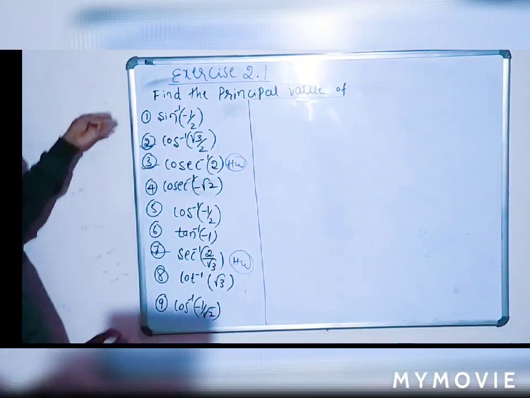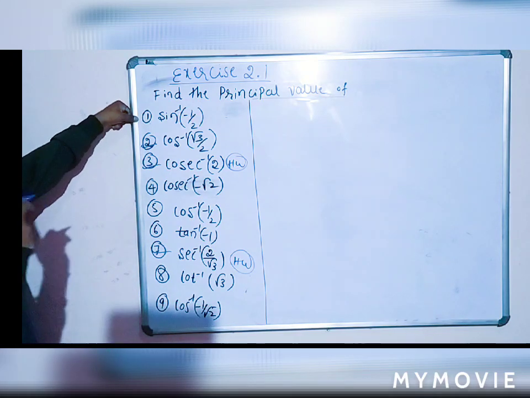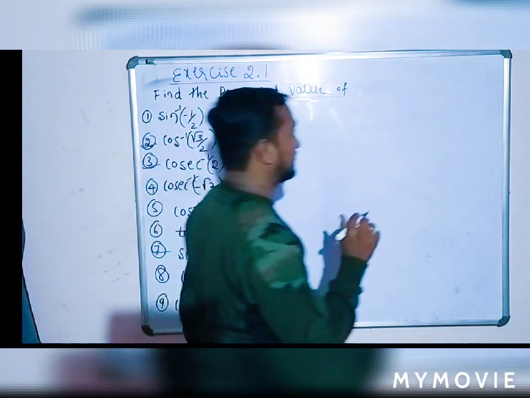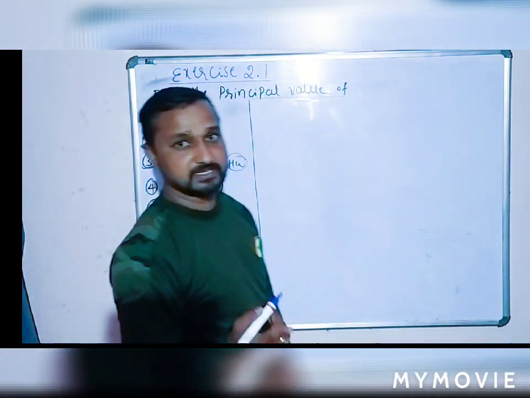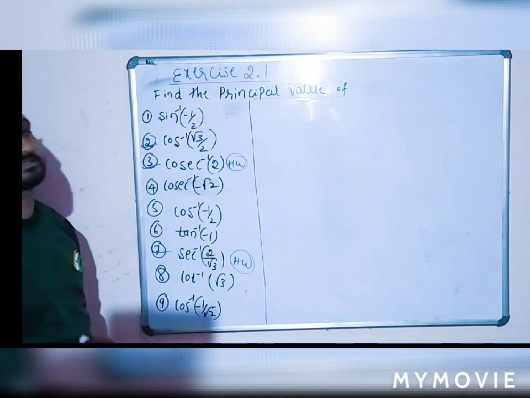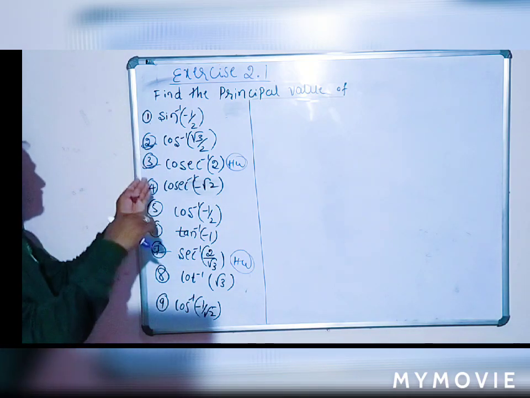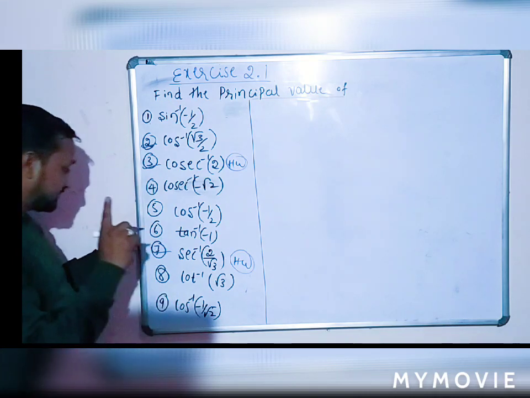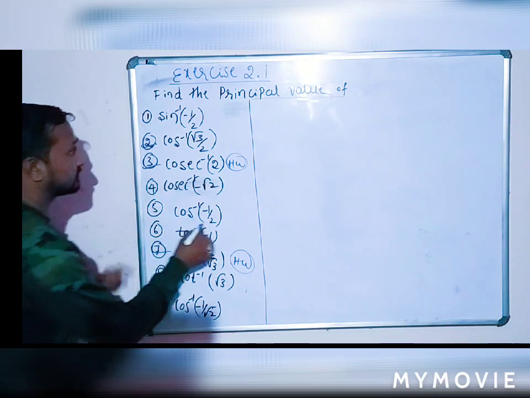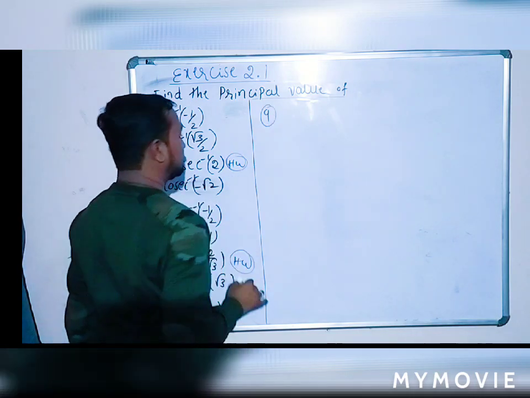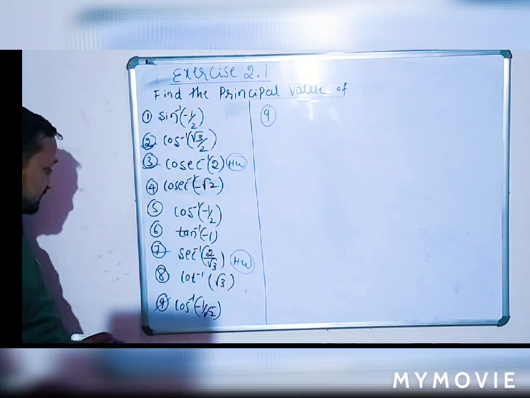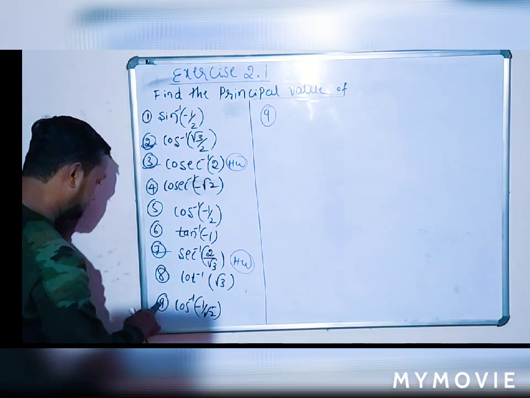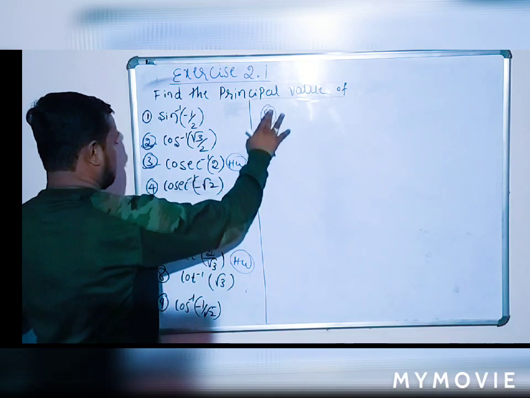So I can take example number 1. Already we know the property of sine inverse, property number 3. What is that? Sine inverse of minus x is equal to minus sine inverse of x. Okay, first I will follow two methods, then we'll solve only by the direct method. I can take the ninth example. I think the ninth example is already done. We can take another example.